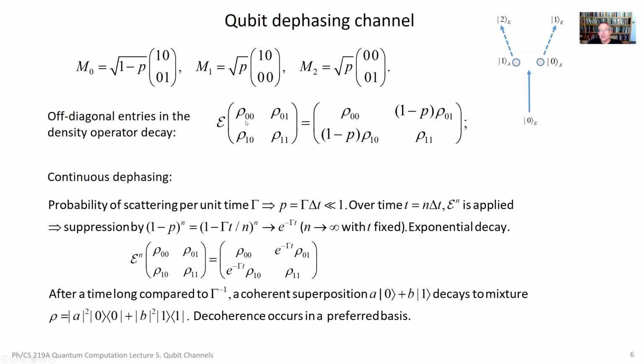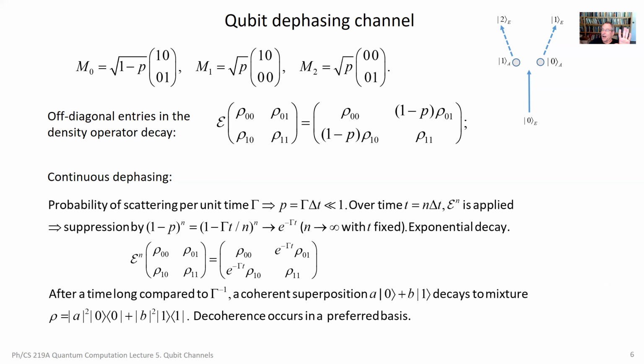And this notation doesn't show that explicitly, but that's okay. It just has entries, rho 0,0 and rho 1,1 on the diagonal, rho 0,1 and rho 1,0 off the diagonal. And so if you look at what these operators do, when we consider M0 rho M0,